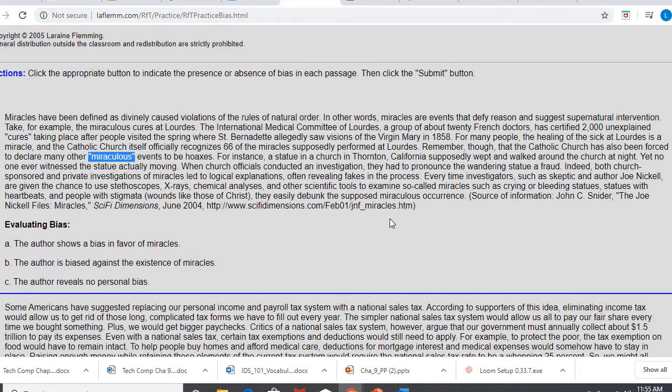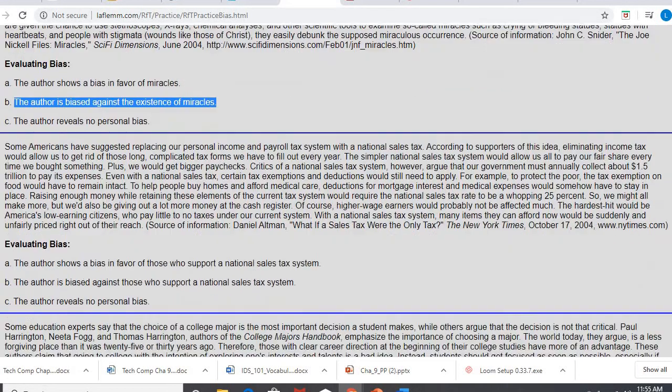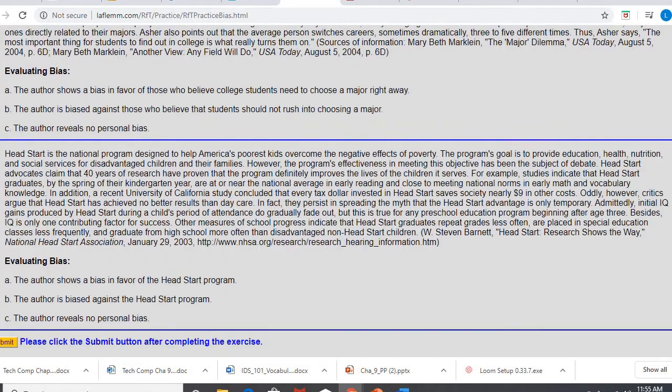Okay, so our topic here is miracles, whether or not they exist. And hopefully, as you saw, whenever someone uses quotation marks around words and they're not quoting something, they're usually being sarcastic or dismissive. And so that, combined with the fact that he constantly says supposedly, supposed, talking about debunking, this guy is biased against miracles. He does not think they exist, and he used all of this information to try to emphasize that point. So that is an example of bias.